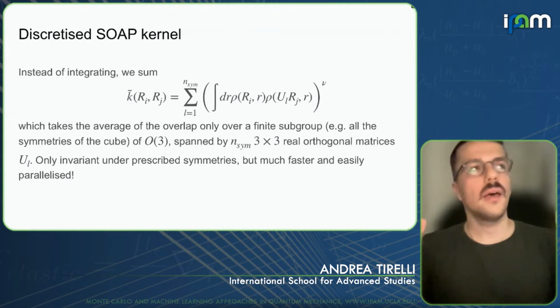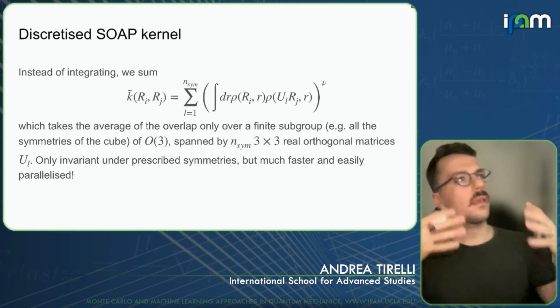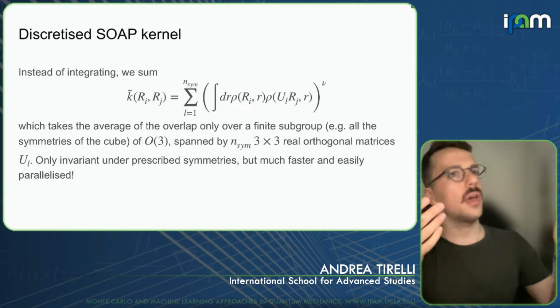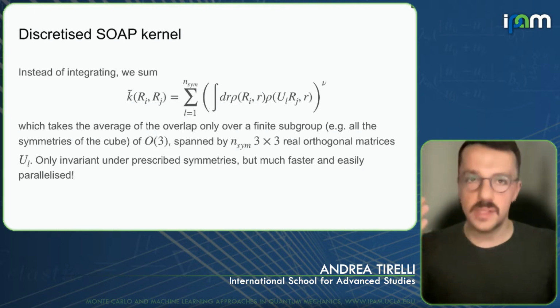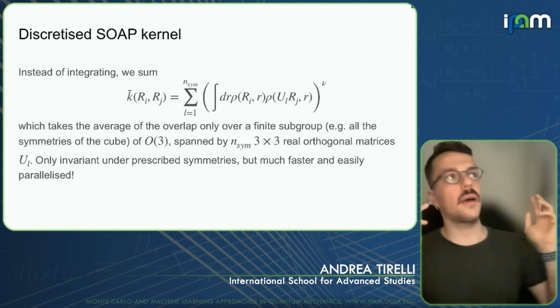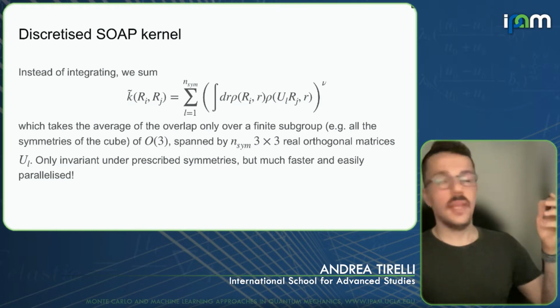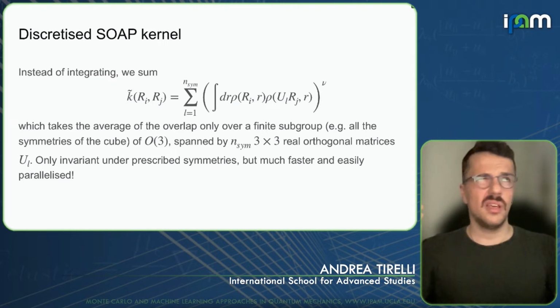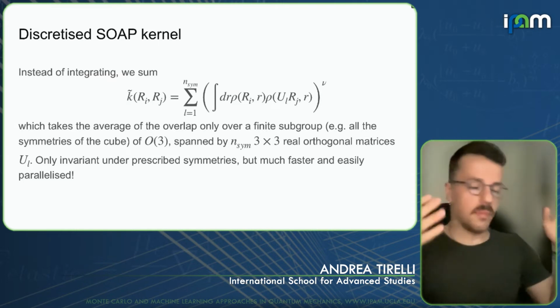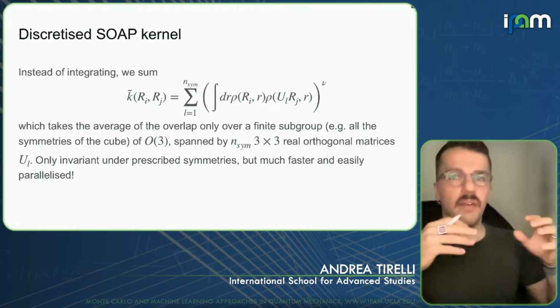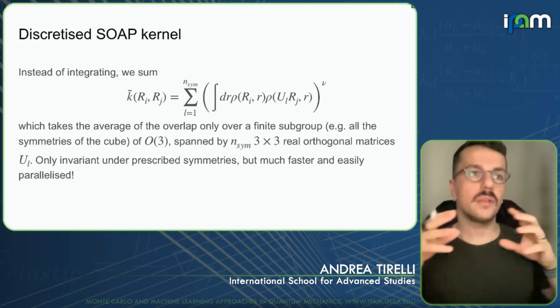So say if you are studying a system with 100 atoms and we have 800 of such configurations, then the model is going to have 100 times 800, which is 80,000 parameters. So this is quite a lot of parameters, and having a lot of parameters can be quite harmful,